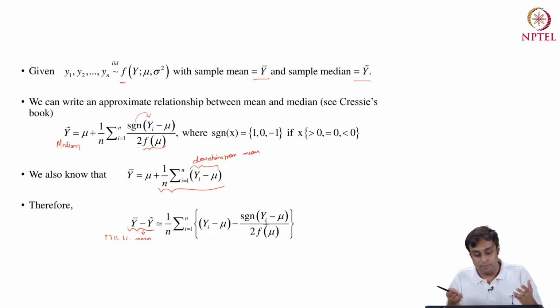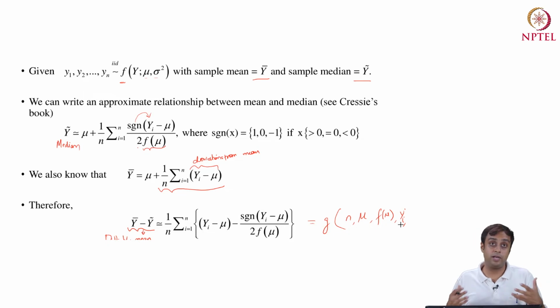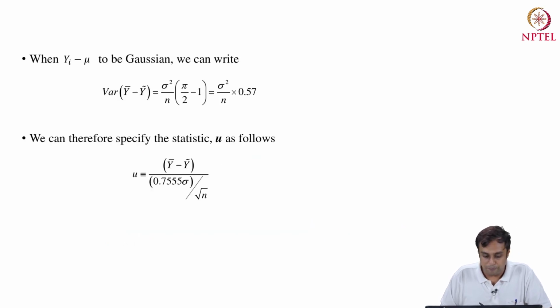What does it depend on? Right, it's a function of the size of the data, it's a function of the population mean, it's a function of the frequency of the population mean, and it's obviously a function of the yi's. So it depends on the population distribution parameters, the size of the sample, and the values that you are attaining in the sample. So this difference is very sample specific. That's the point that I'm trying to make here. Okay, all right. So moving forward,